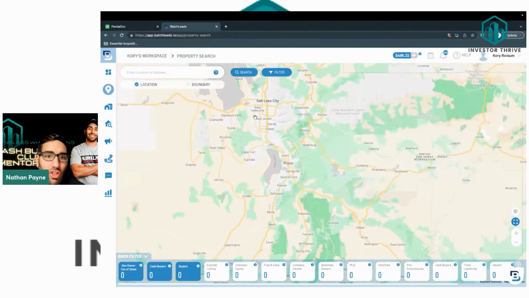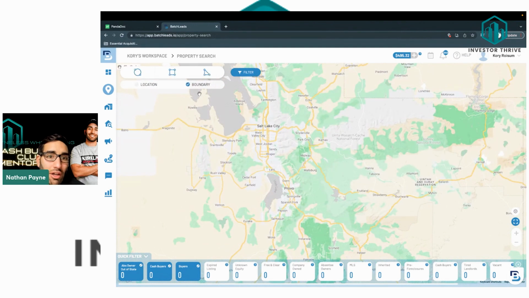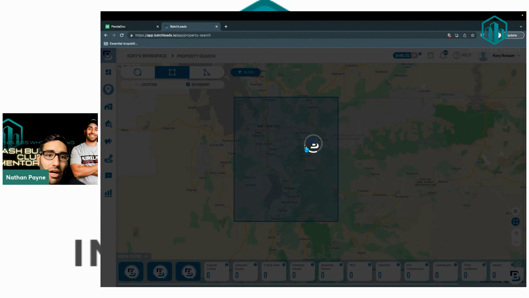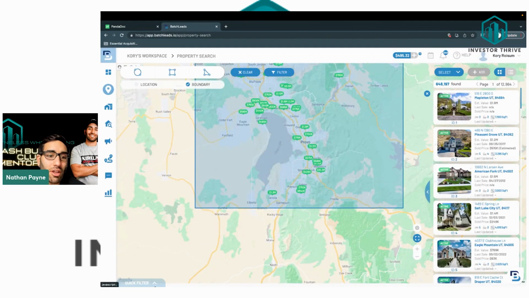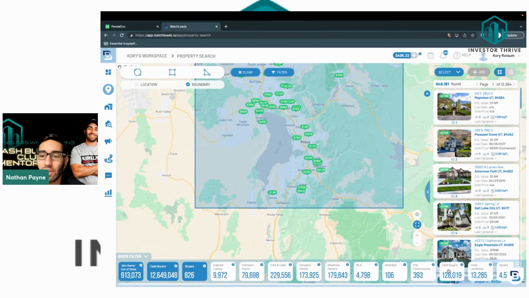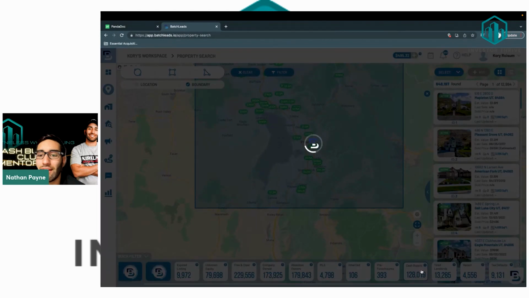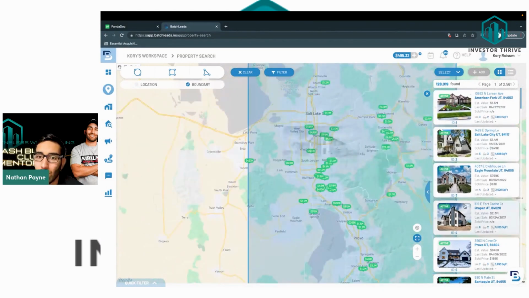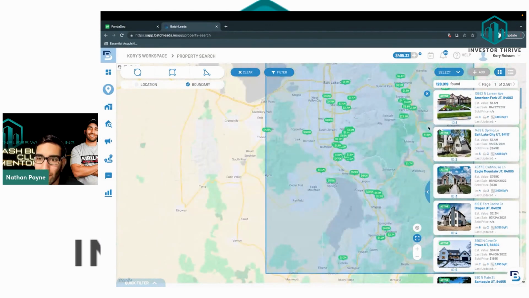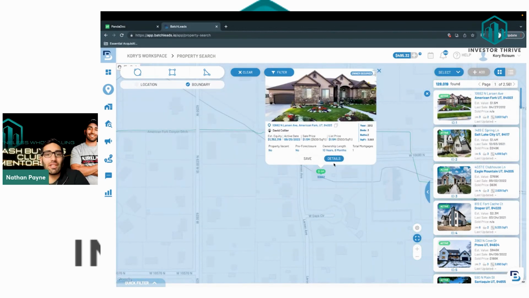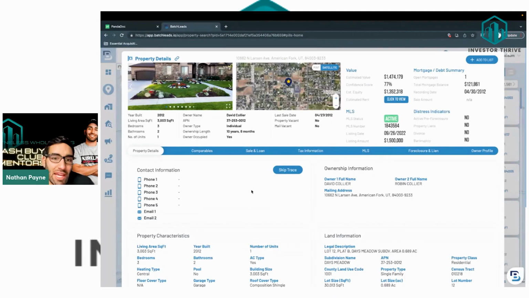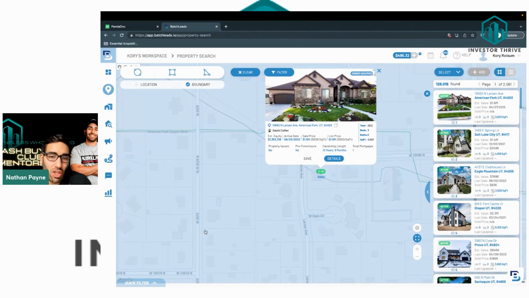So on batch, just to show you guys, if you do not have a buyer, you can reach out to me. I help people find buyers, but if you want to just find your own buyer using batch, it's as simple as marking the area, and then going to the pre-filter cash buyers, and then reaching out to the specific buyers in the specific area where you need to find the deal. You can reach out to the agent, or you can skip trace the owner and talk to them. But Batch Leads is huge, and that's why I use it all the time to find buyers.